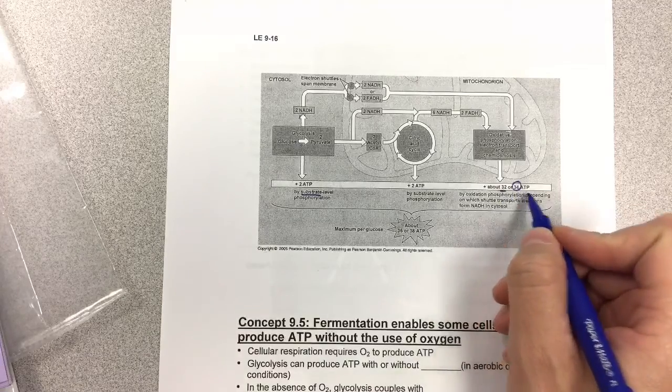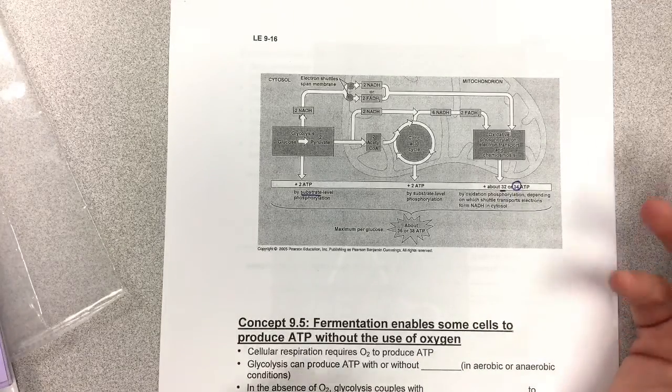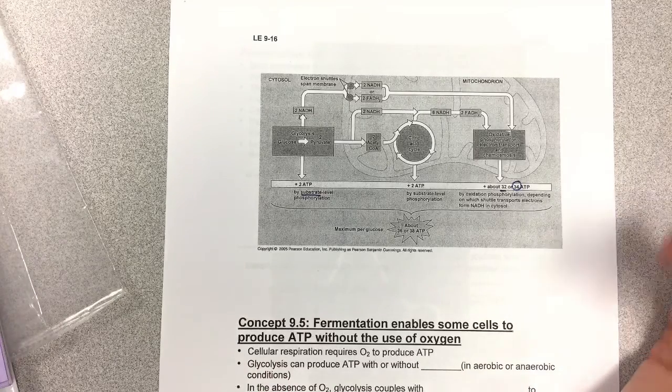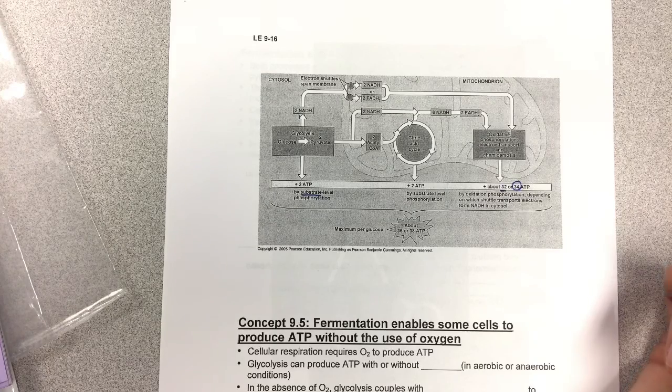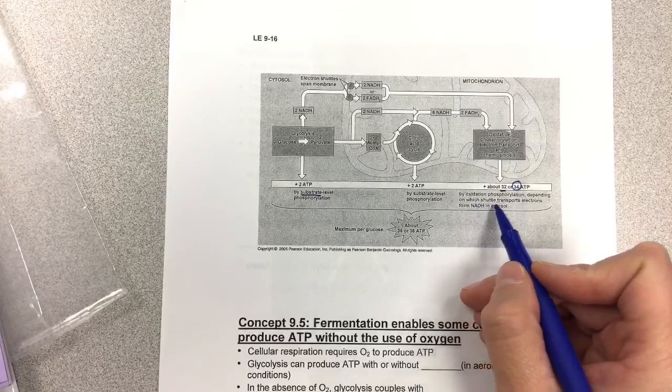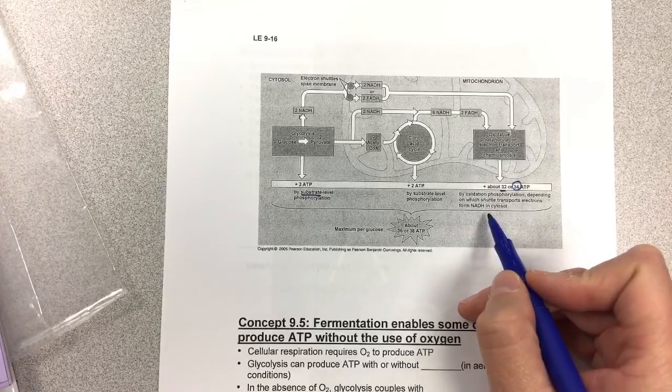Notice here it says about 32 or 34. It's still up in the air exactly how many ATP are made by the H+ diffusing back into the matrix, by oxidative phosphorylation, depending on which shuttle transports electrons